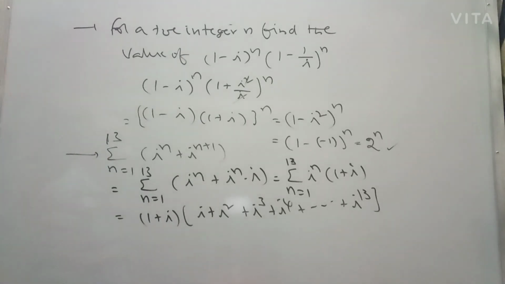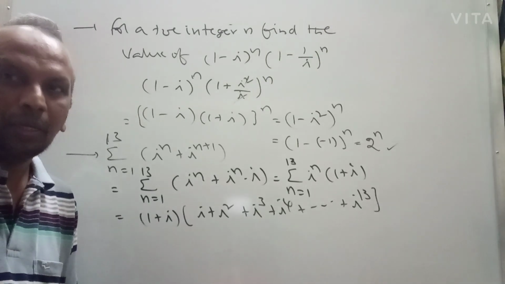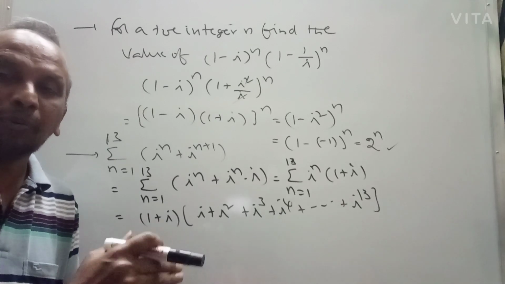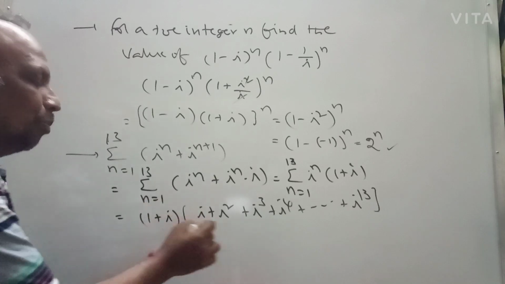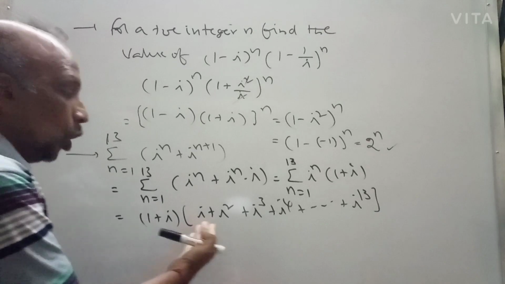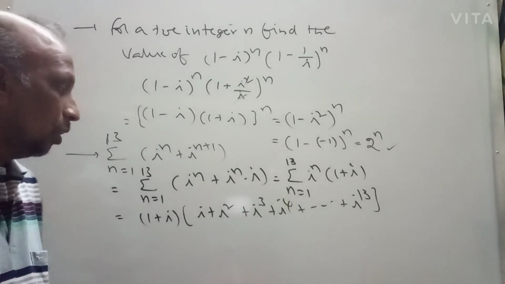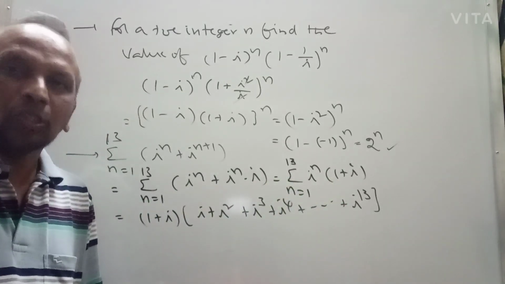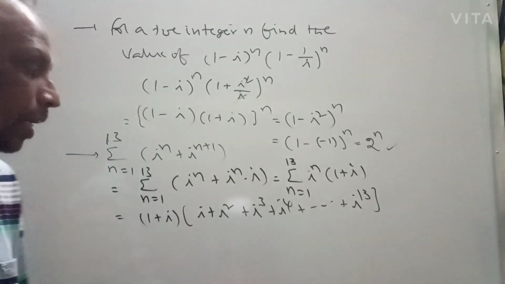Then I am going to simplify this expression up to i power 13. But we know that in the powers of i, consecutively after 4 terms it will repeat. So you can think i plus i square, i cube, i power 4. This is a geometric series. If you know how to get the sum of n terms in a geometric series, you can find this 13 terms sum using the geometric series. If you still have not learned geometric series, then I can simplify this directly.